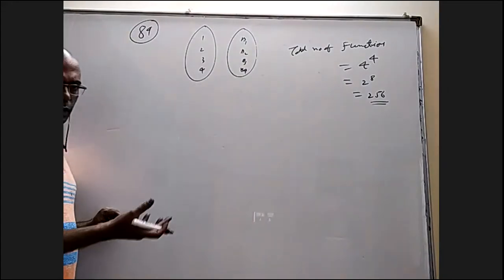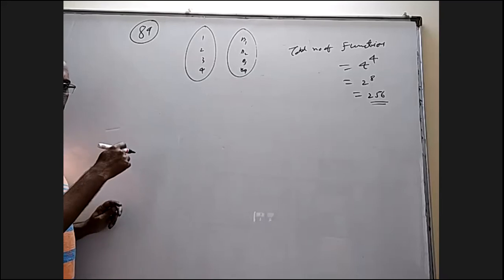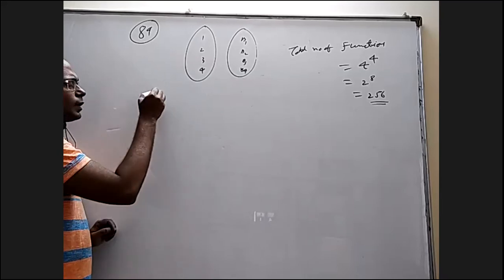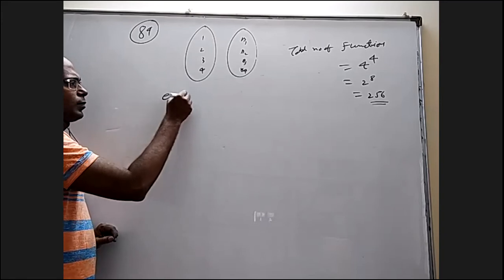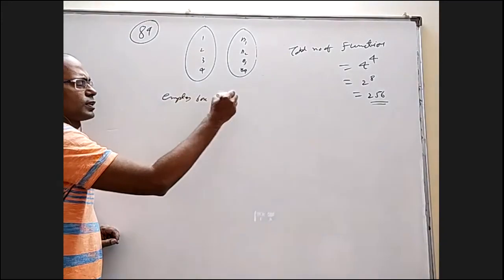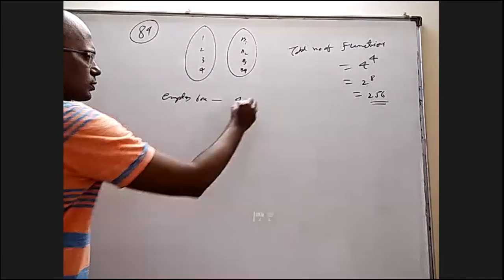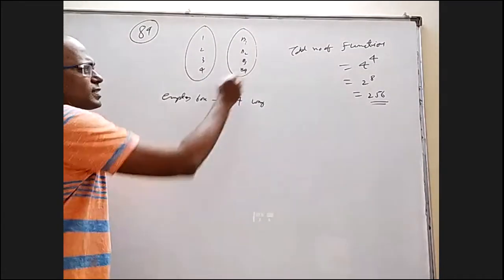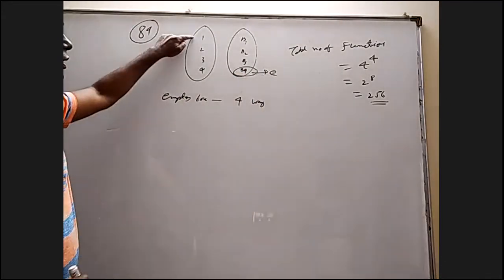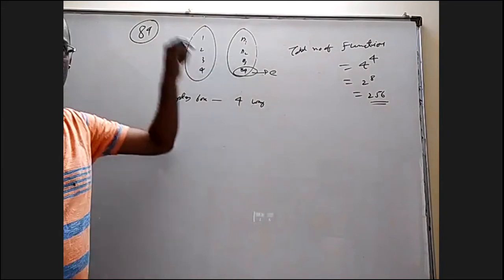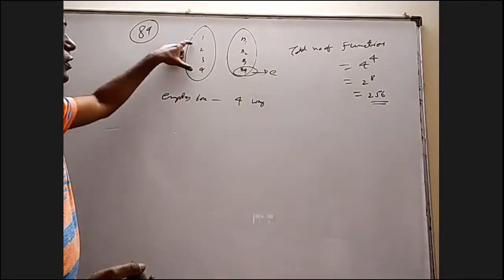Coming to the number of ways where exactly one box is empty. First of all, decide which box is empty. To decide the empty box, there are 4 ways. This can be empty, this can be empty. 4 ways. Let us say we decided that this is empty. After that, all these 4 should be kept in these 3 such that nothing is empty among the 3. It is basically the number of onto functions from here to here.